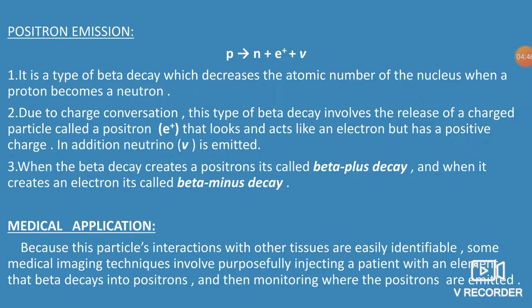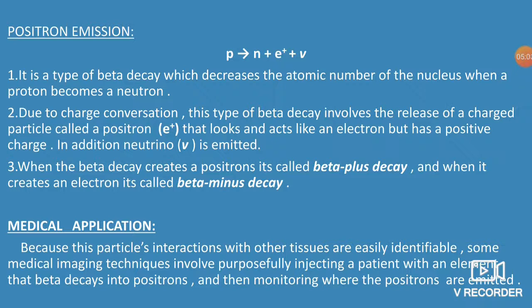It is also a type of beta decay only. It decreases the atomic number because a proton gets converted to a neutron. So the atomic number of the nucleus is decreased when a proton becomes a neutron. Now, due to this charge conversion,